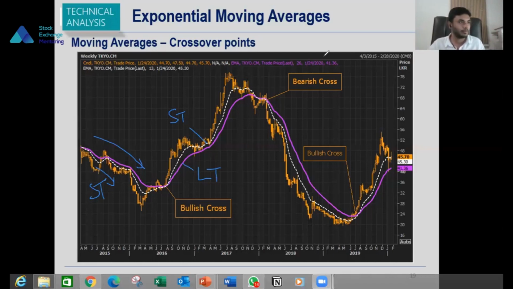So then at the point when the market has a bullish cross, you can see our short-term moving average is crossing above the long-term moving average. This cross point is an opportunity for us to consider buy trades. Okay, so now based on our moving average, you can gear up yourself to make your buy trading decisions. Then again, after the market has reached its peak levels, you can see based on a bearish crossover, the market is heading downward.